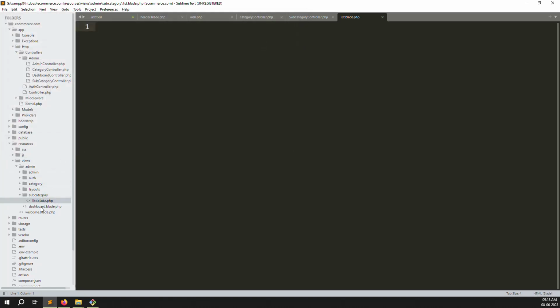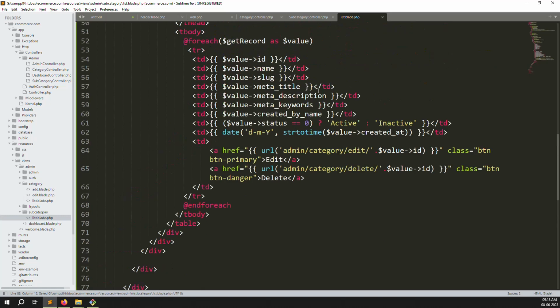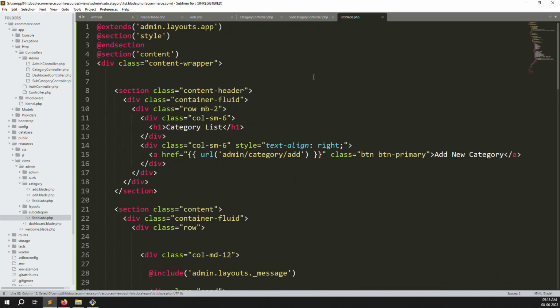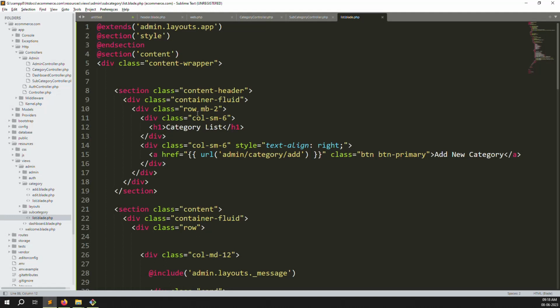Okay, so you can see it here, list.blade.php. Also you can go to category, click on select all and just paste here. Okay, now I save these files, go back again, and refresh the page. So it's working very well. Here you can see the title view change, and also you can change here